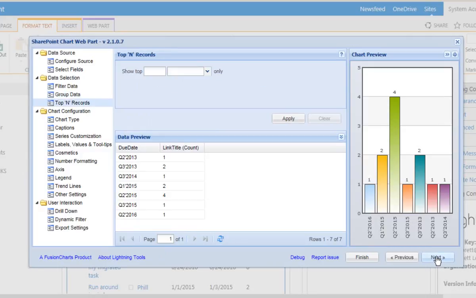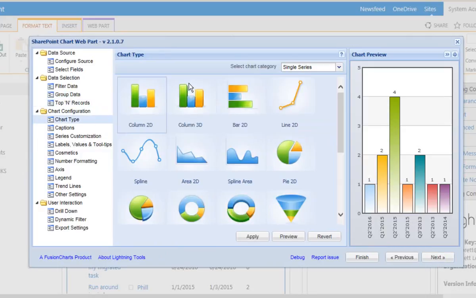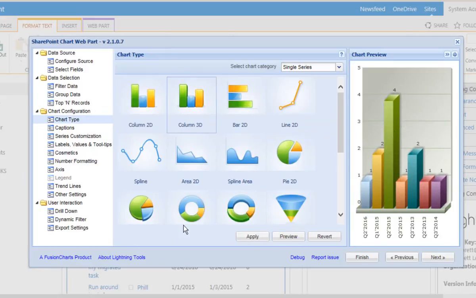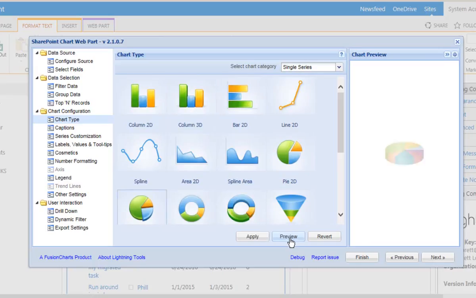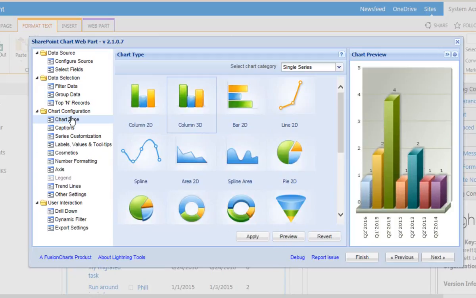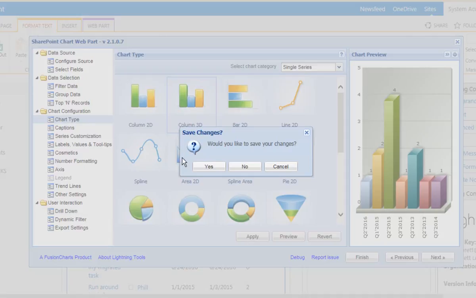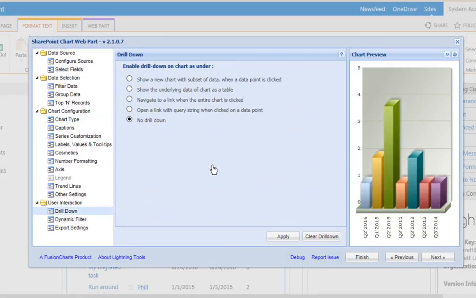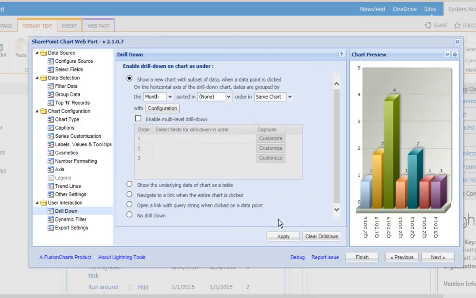As we navigate further through, you'll notice that we can do things like choose the chart type. So we can preview what it would look like in 3D, or if you wanted to display a pie chart instead of a bar chart, we can do so. So let's stick with a bar chart, and we're going to navigate down to this drill down section where we can go through and drill down into the data. So we can drill down into month, and we could also drill down into day as well if we wanted to. So we'll hit Apply, choose Finish,